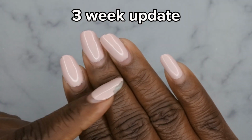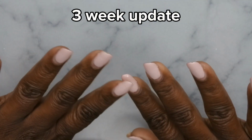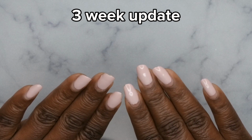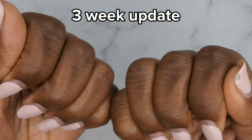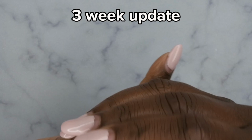This one got a lot of new growth. So surprisingly enough, none of the gel polish has peeled off completely. And again, I did apply these nails with peel off base coat. I had the chipping here at the end of week 2, and that's really all that's been happening. I got a little bit of chipping here at the tip of my middle finger,